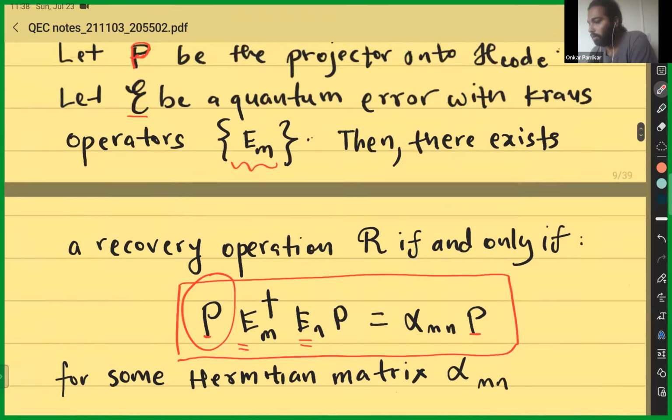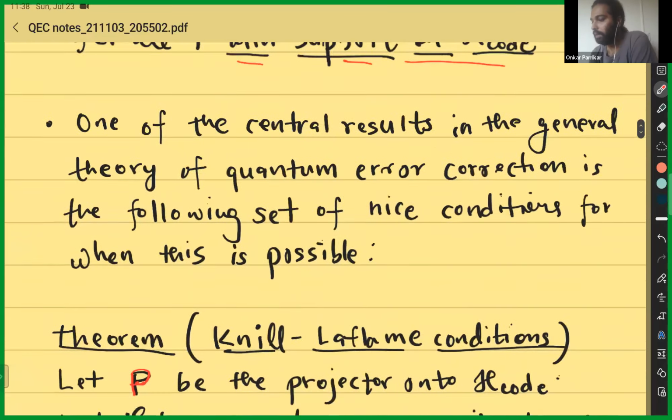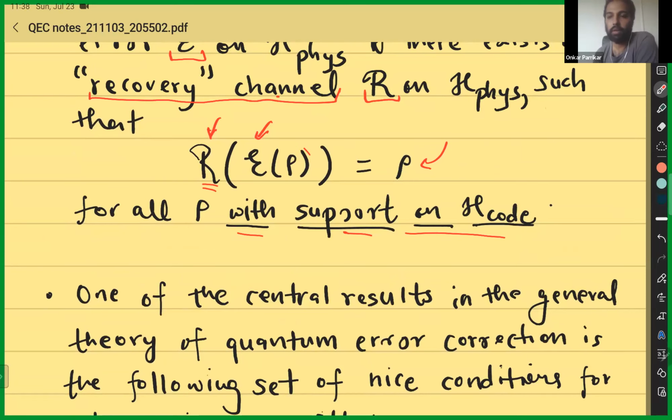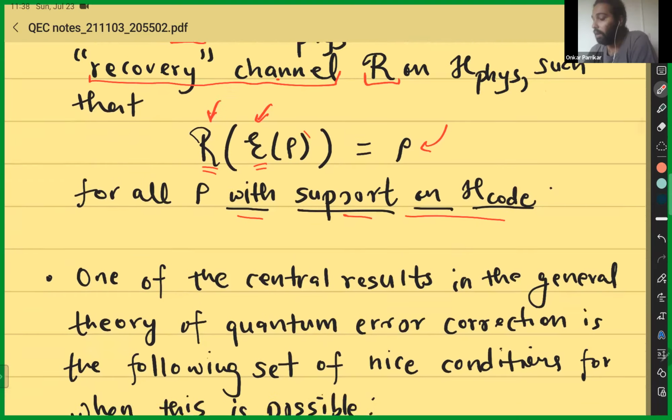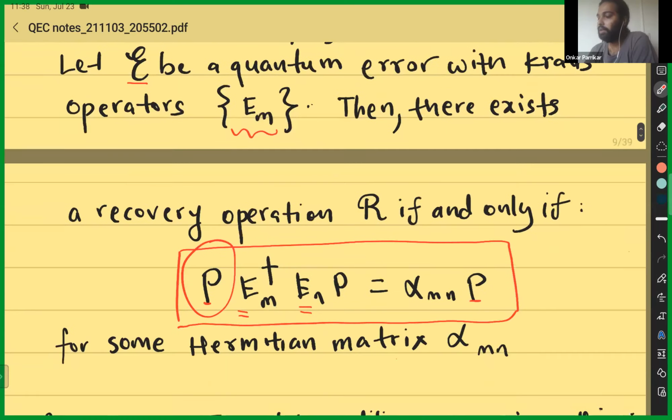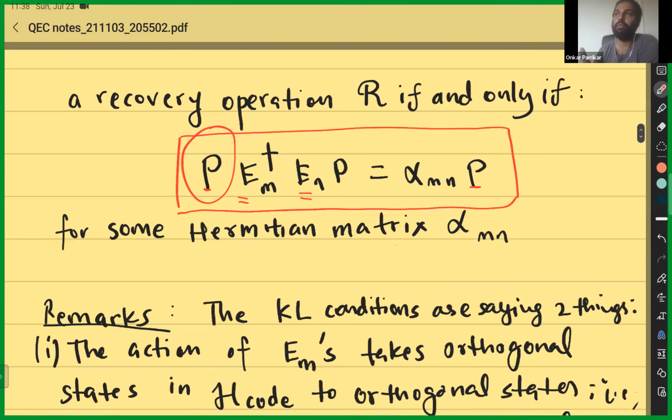Okay, so good. We were discussing yesterday that what it means for a quantum error correcting code to protect against the error channel E is that you must have a recovery channel R, which will reverse the action of the error channel. And there is a very nice set of conditions which just makes this checkable, if you like. You can just check whether an error channel can be recovered from. And these are the so-called Knill-Laflamme conditions